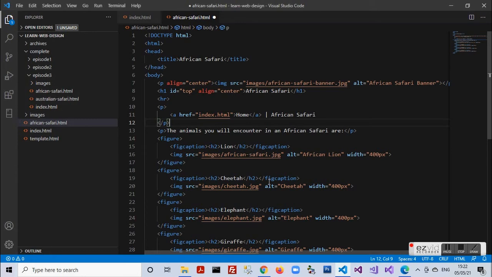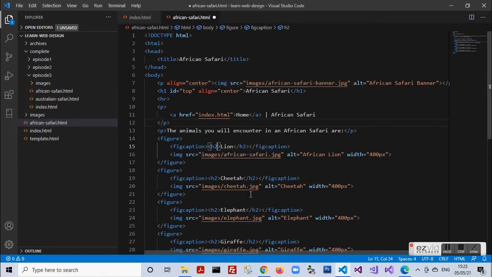So ID equal to top. A web page can have only one item with a particular unique ID. Means this ID won't be repeated across the web page. Other elements need to be given different IDs to identify them. So this is my heading H1 with the ID of top.